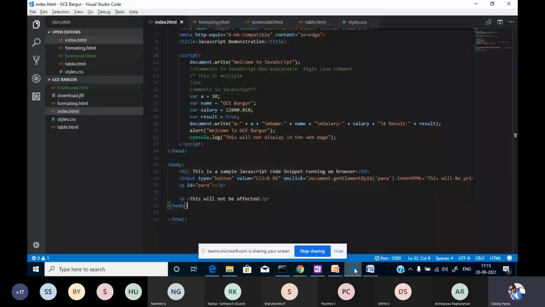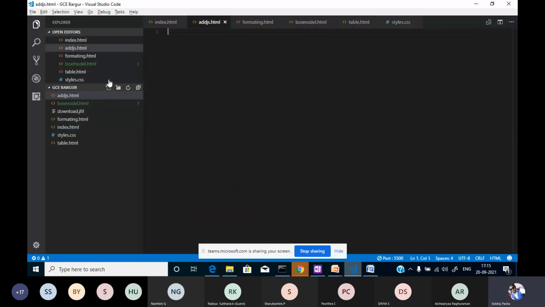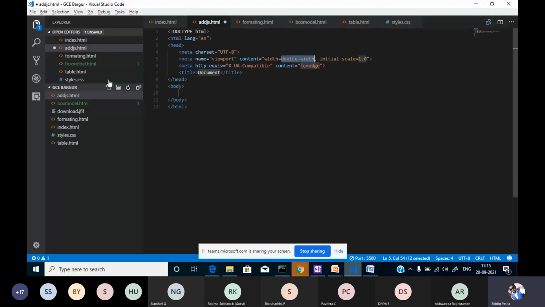What I'll do is I'll create a file, say add js.html. This is my default structure.